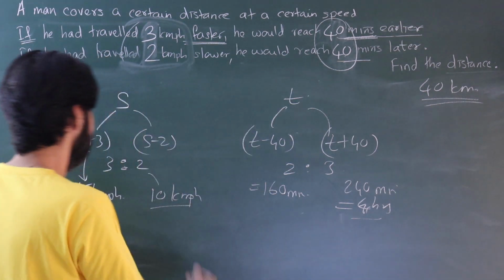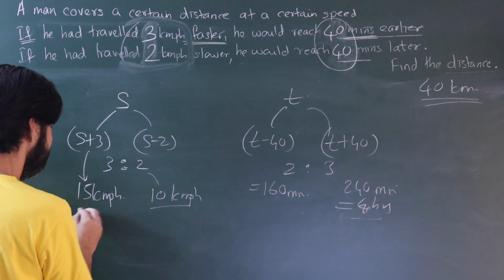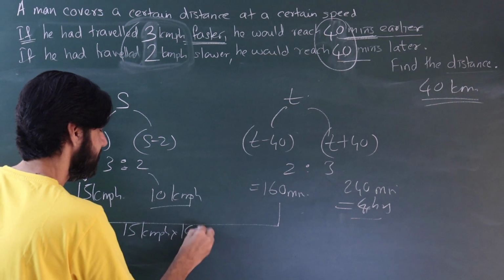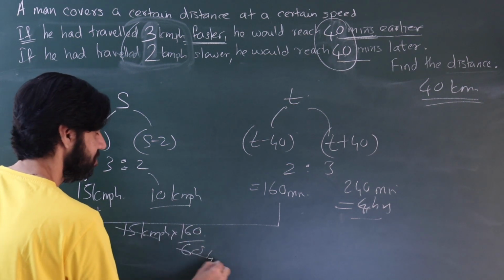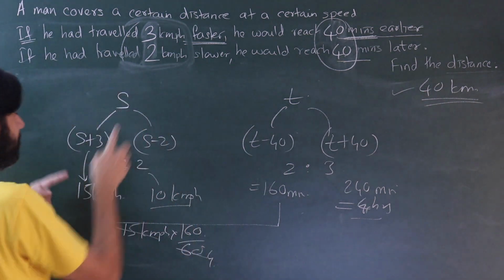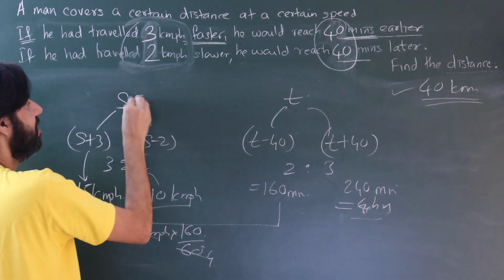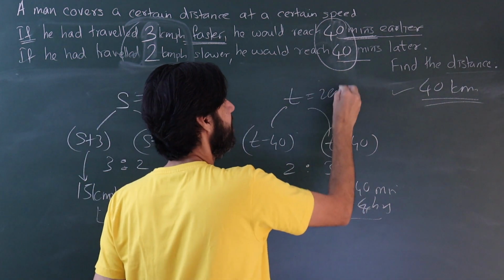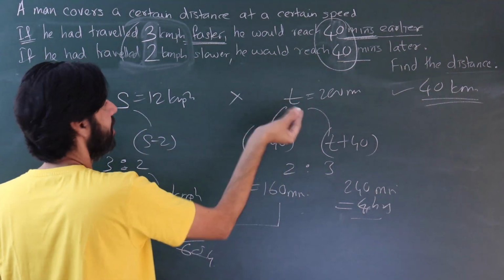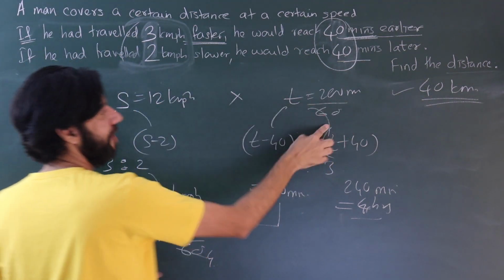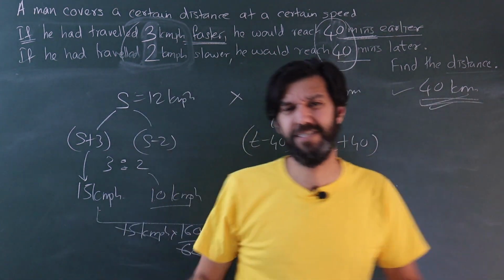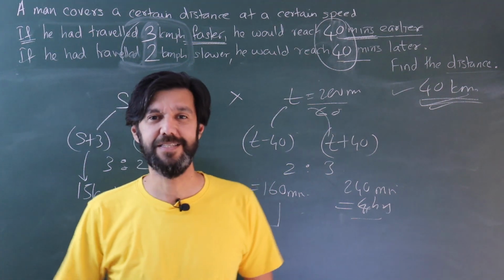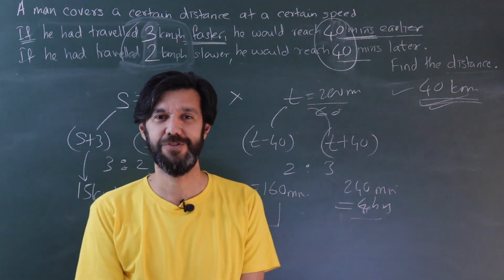You want to do it with other values? Let's do this also. 15 kilometers per hour into 160 minutes by 60, 15 4s are 40 again. Let's go to original speed. 15 was after an increase of 3. This is 12 kilometers per hour. This is 200 minutes. So speed into time, but then this has to be by 60. 12 5s are 60, 12 into 10 by 3 again gives 40. Obviously this is just a check. All the 3 distances have to be equal, right? Okay, so that is how you handle this lengthy question. How do you solve it faster?